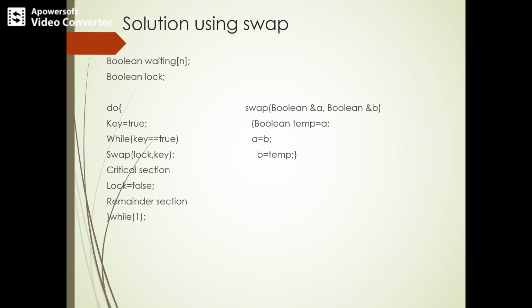So now lock will be true. The particular process will be executing the critical section, and once it has completed the execution, the lock will be set to false. So this is how we can say that whenever the lock is set to true and it refers to a particular process, only that process can gain access into the critical section, and lock can be set to false whenever the process has completed execution.